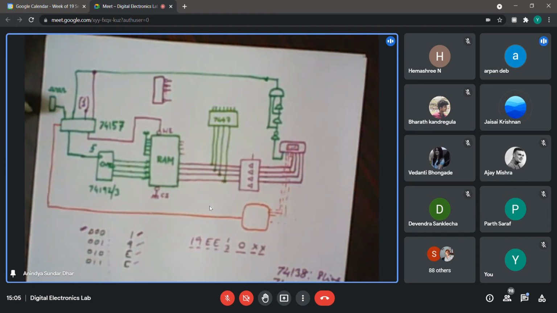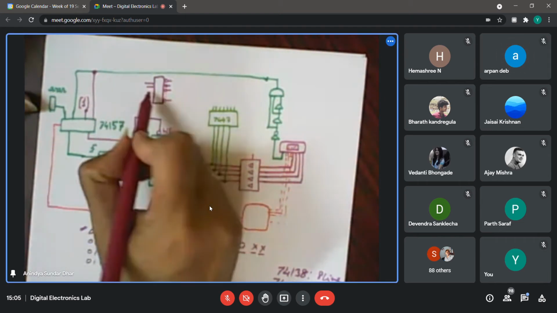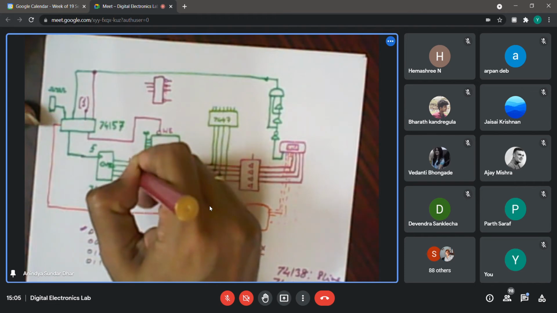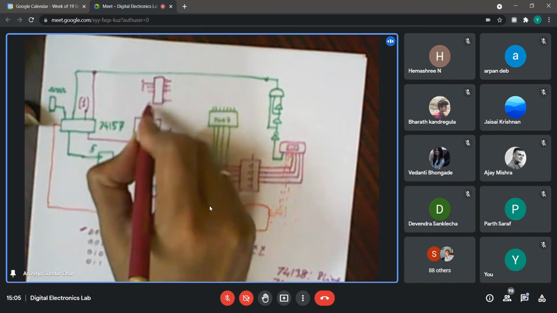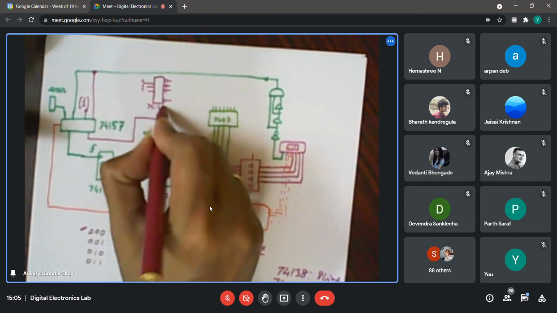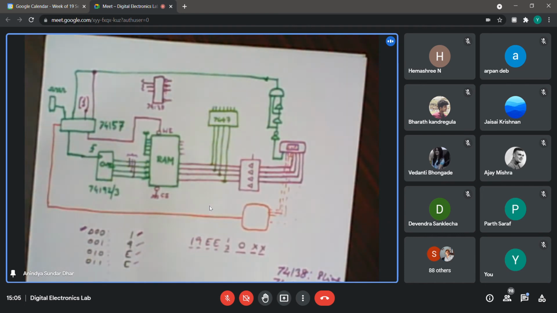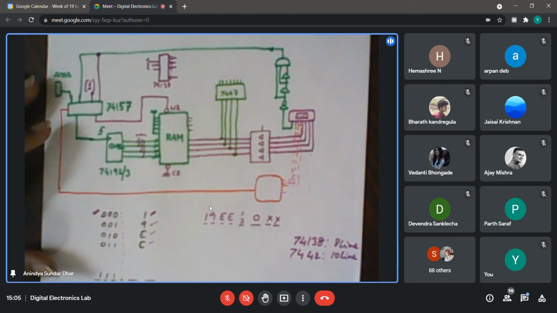Okay. So if you go to the next slide, this will be your 3 to 8 decoder, where these 3 lines essentially will go to this 74138, and they will go to the transistors. But now the question is how to mimic the behavior of the transistors, or how to get rid of the transistor, knowing fully well that in practice you may require the transistor, but just to avoid the mixed mode simulation.